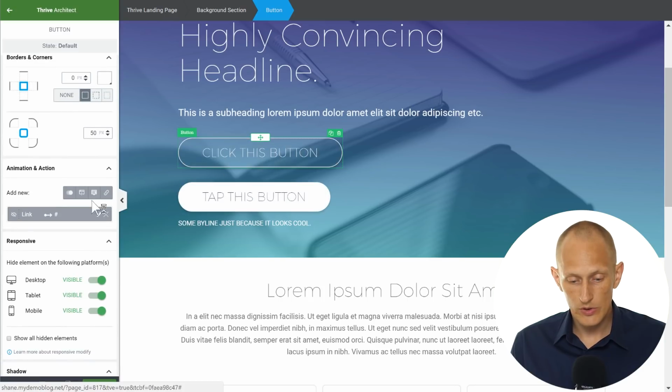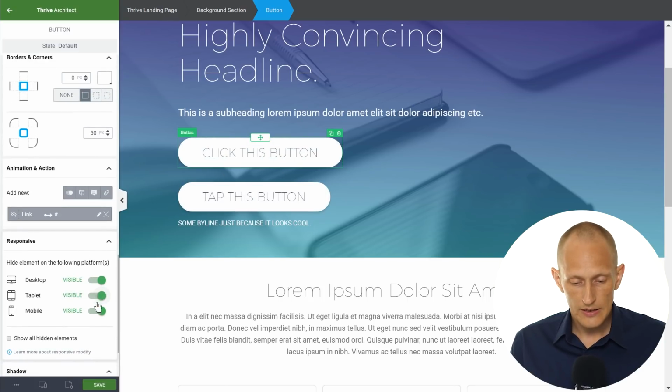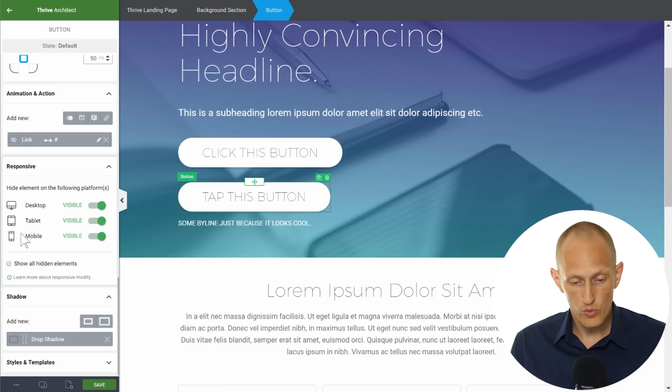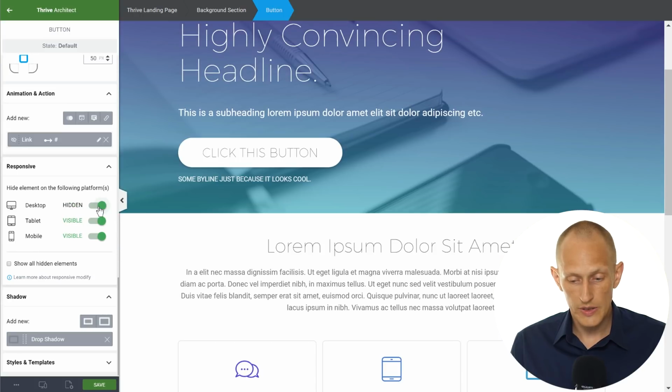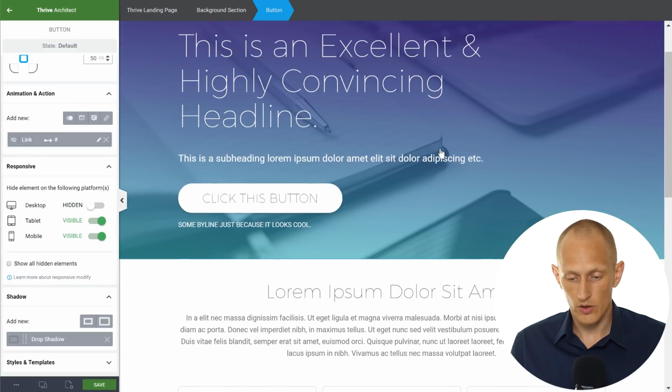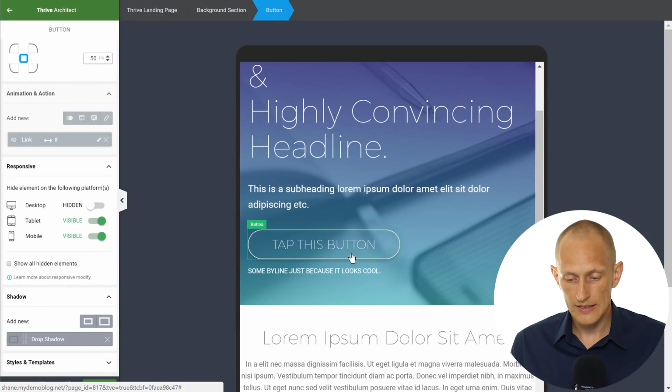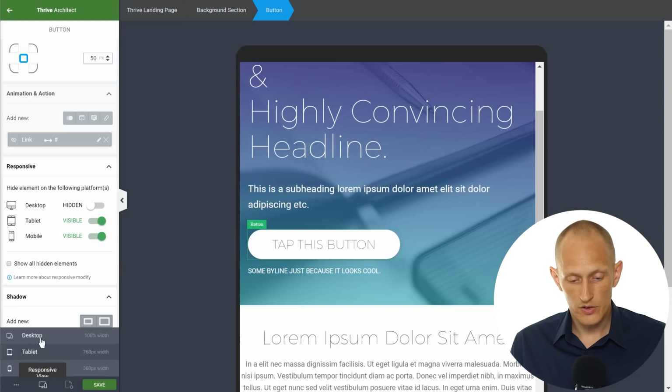This one that says click, I want this to show on desktop devices, and I'll hide it on the other sizes. And then I'll do the opposite here. I want this button to show on tablet and mobile and to be hidden on desktop. So now if I switch to a smaller view, it says tap this button, and on the larger view, it